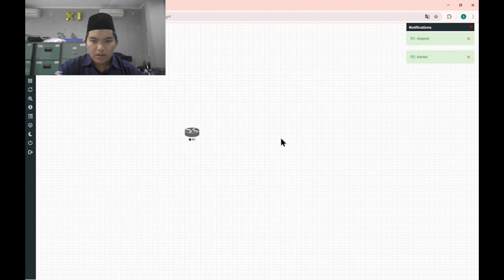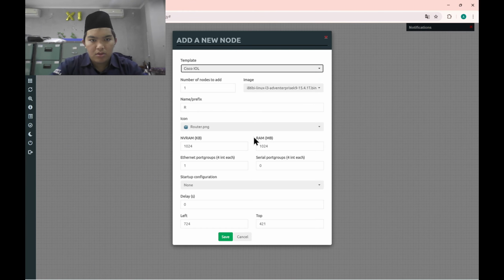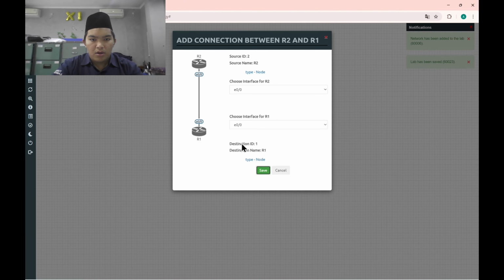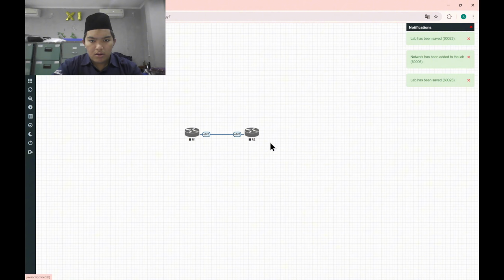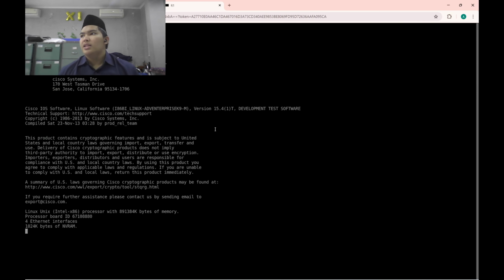Then I'm going to input the IOM Cisco again, connect it, and turn on. Then I go inside the router and wait until the routers reboot, or turn on the system.